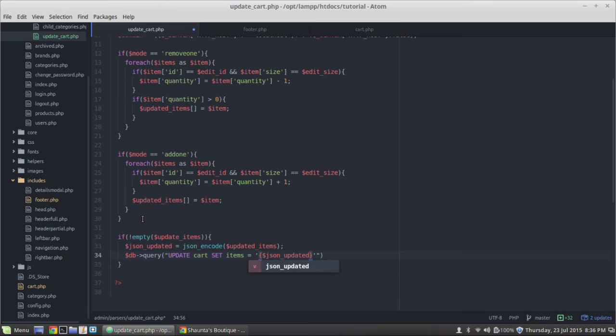Okay, and then we can't forget our where, otherwise that will update every cart item, and that's bad news. So we're going to say where ID is equal to cart ID,